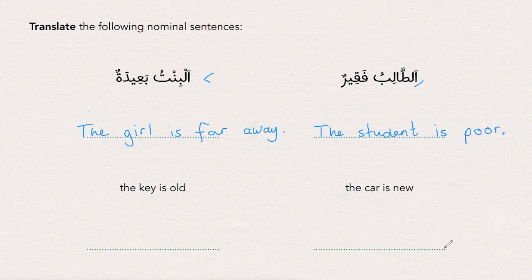Then the car, how we say the car is as-sayyaratu. Sayyaratun with alif lam before. As-sayyaratu. So let's say I did this and I was writing and I said as-sayyara, and then out of habit I put as-sayyaratun like that, because it's very easy to do at the beginning when you're used to putting that, and then I keep on going and I say as-sayyaratun jadidatun,